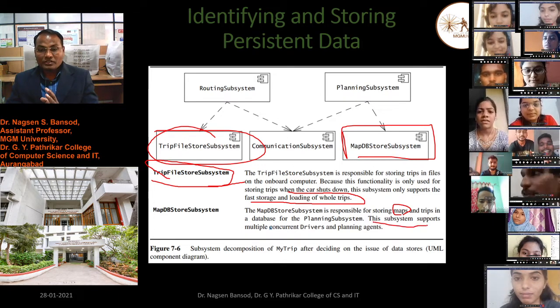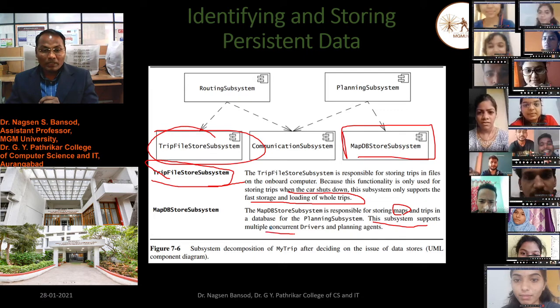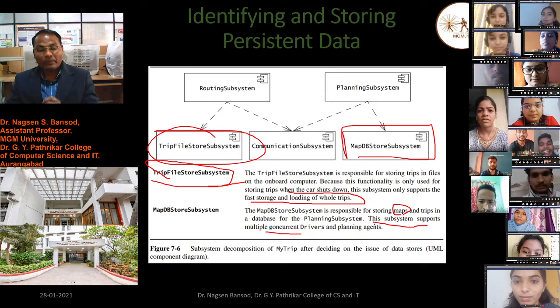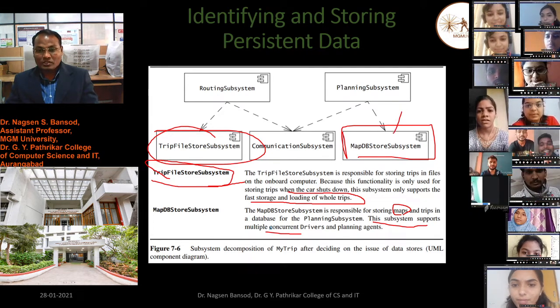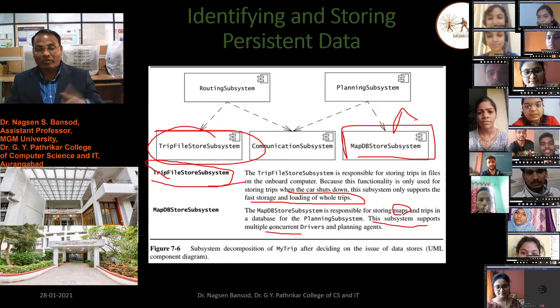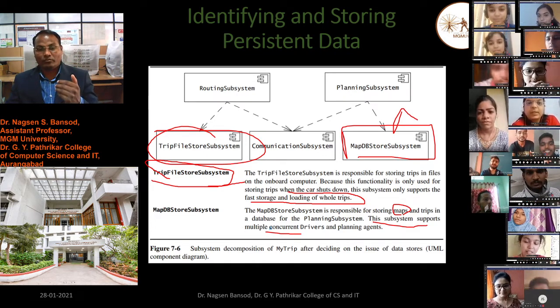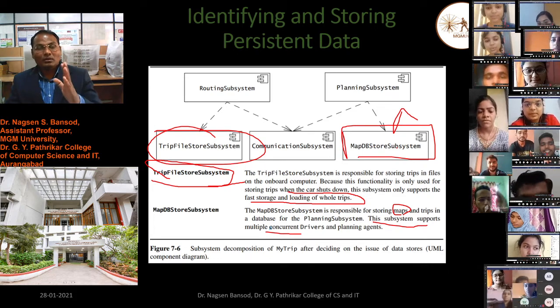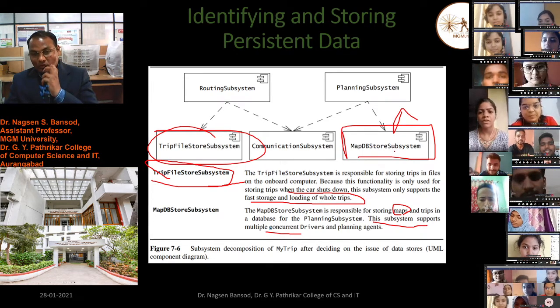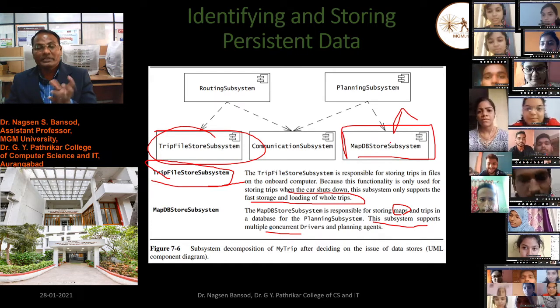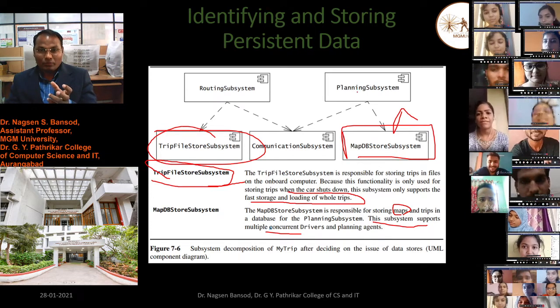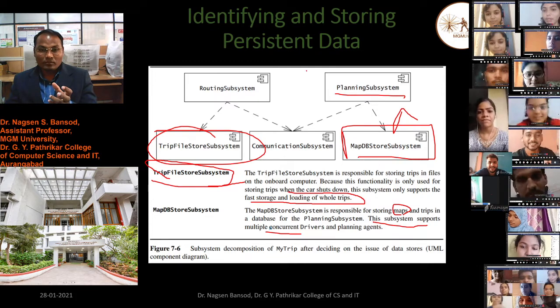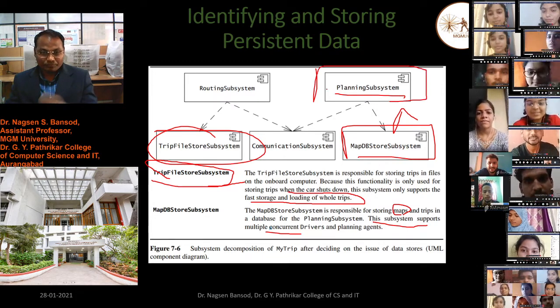The subsystem supports multiple concurrent drivers and planning agents. Here the person, vehicles or the planned trip will be changed with the planning subsystem records.